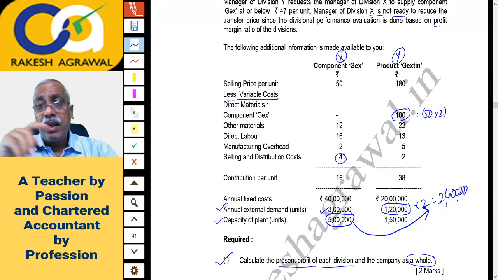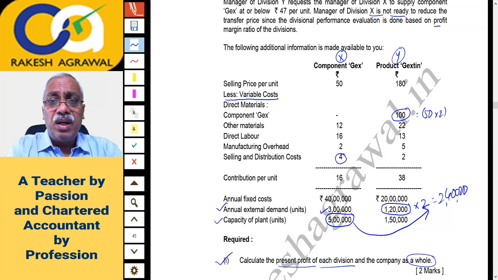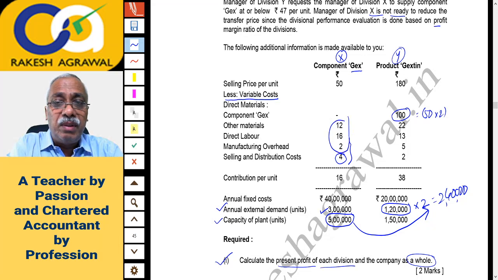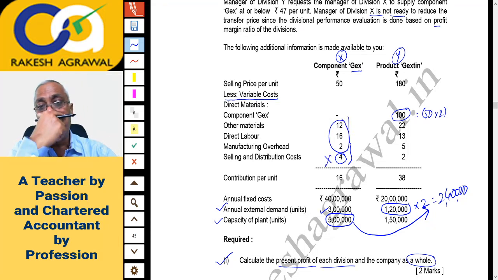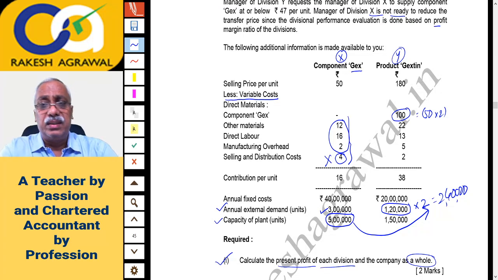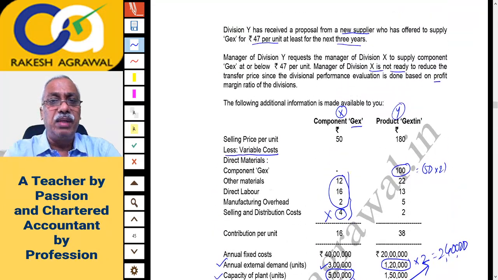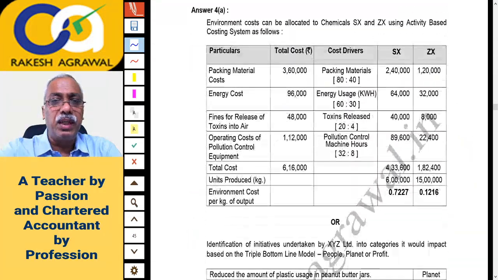And if we use the approach of marginal costing for external sale of JX, this is the variable cost entire for external sale, and for internal sale this much only will be the variable cost, because 4 rupees selling and distribution you won't be incurring on internal sales, and entire total will be for external sales. Is that okay? Should we go to the solution? This is very simple question. I'll explain directly the solution because it will be difficult for me to do the calculations here now. I have to bend and there is no space for writing, but solutions are already printed. So let us see it from here.